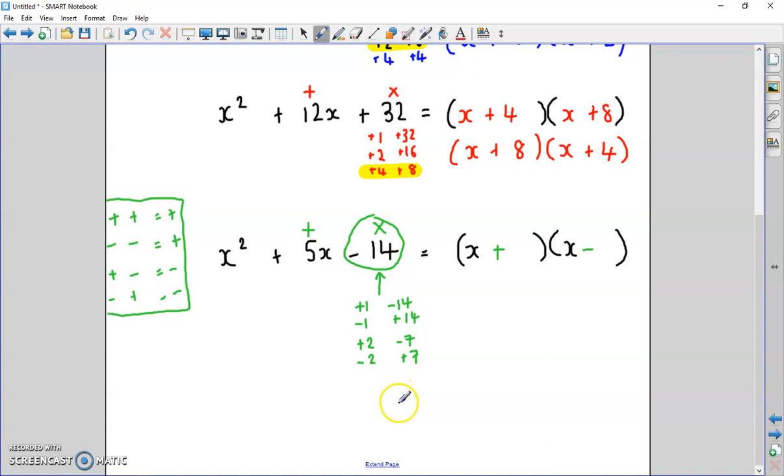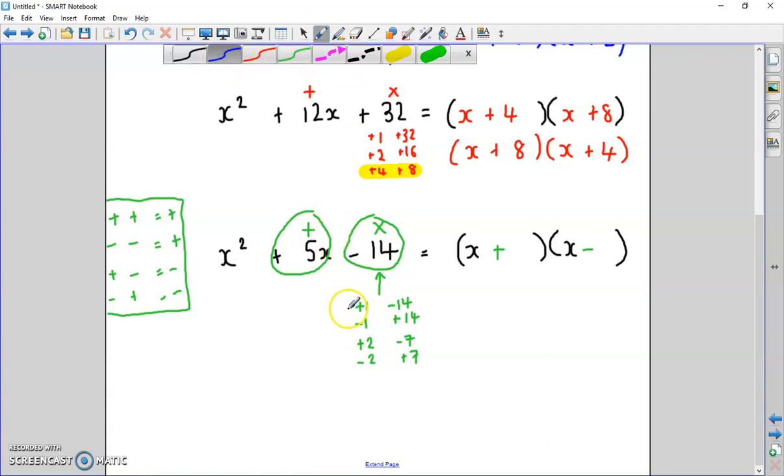Now then, there are no other pairs for 14, so one of those pairs must make, and we're looking for, remember, plus 5 when we add them. So I already know it's not that, and it's not that. So one of these two makes plus 5, and it's the second pair. Look, if you started on a number line on minus 2 and you added 7, you would get plus 5. So it's a minus 2